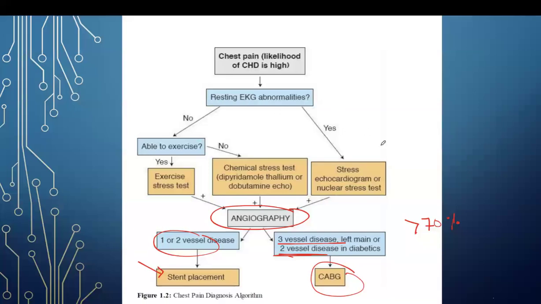Okay, so this is when it comes. So let's say that we have got a positive finding. So a stress test came back positive. So either it's an ETT, chemical stress test, or an exercise test. So if any of the tests comes back positive, that patient has ischemic heart disease